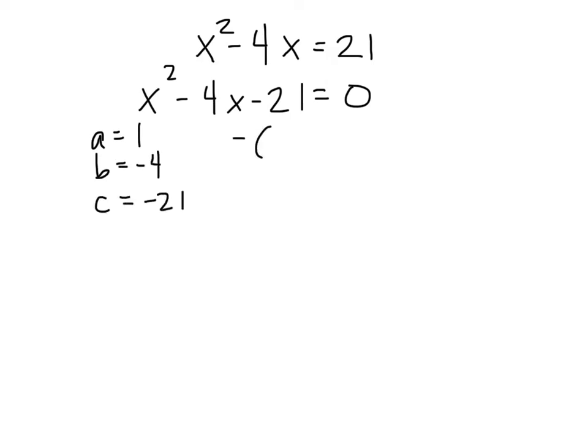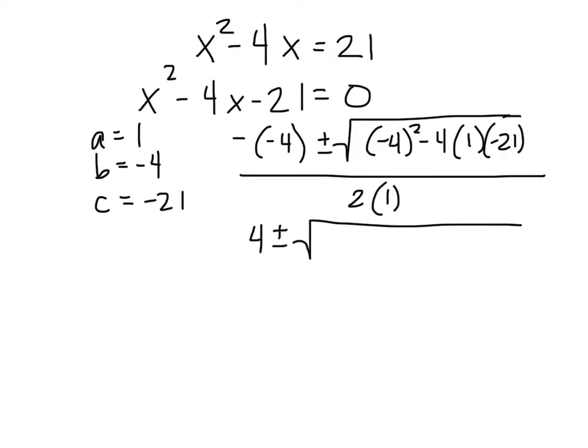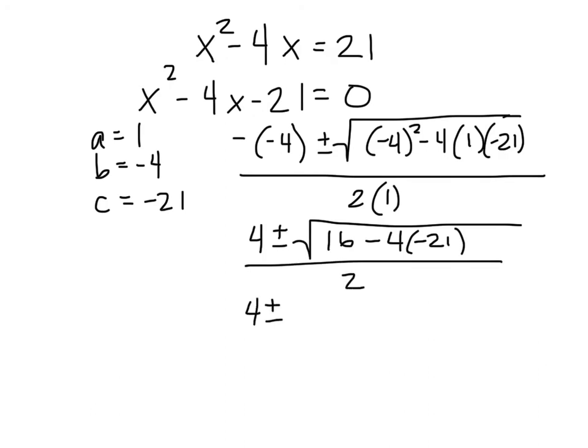So the opposite of b, plus or minus the square root of b squared minus 4 times a times c, all over 2 times a. So the opposite of negative 4 is 4, plus or minus the square root of 16 minus 4 times negative 21, all over 2. 4 plus or minus the square root of